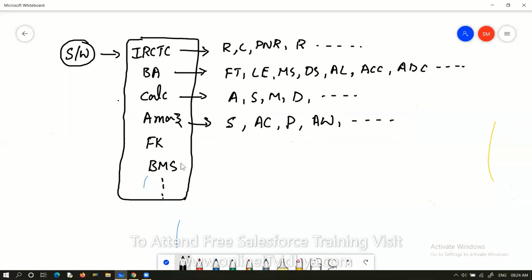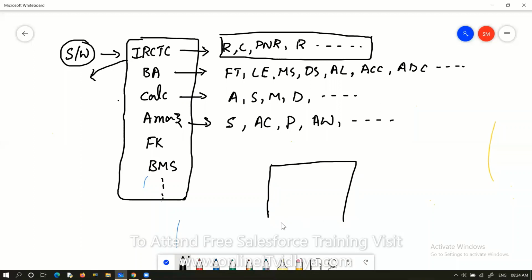Application is a general word, software is a technical word. And by using every application, we can perform some operations. From the technical point of view, say you want to develop an IRCTC application. The IRCTC application is called software, the technical word.